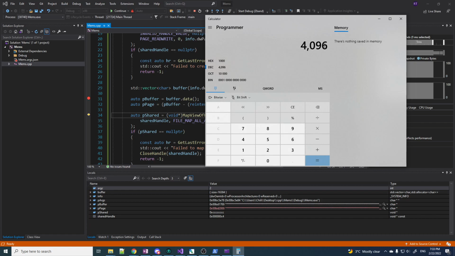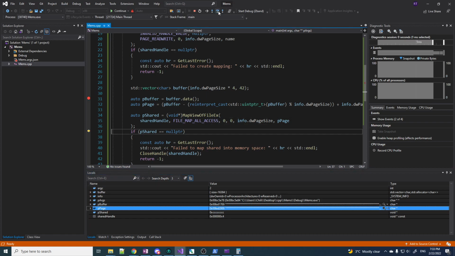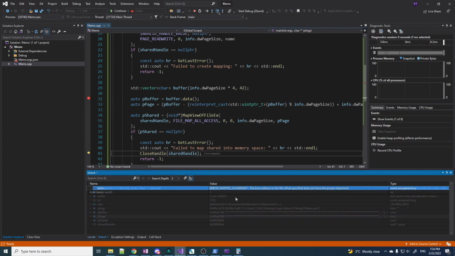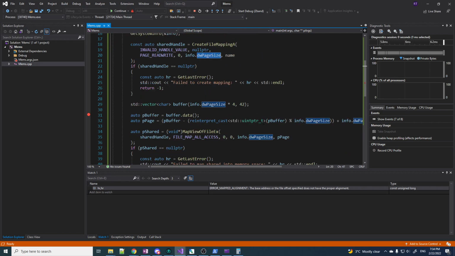So 4096 is hex 1000, which means this should be aligned to 4096 alignment. And yet, it's telling me my alignment is bad. So there are 3 things. Either this number is not in the alignment that I need, or somehow this math is wrong even though it looks correct,